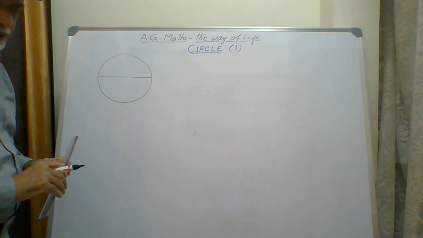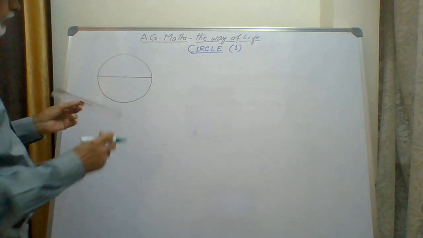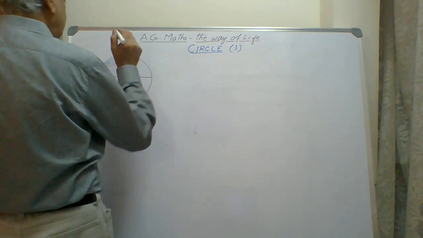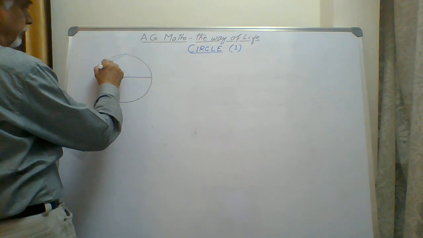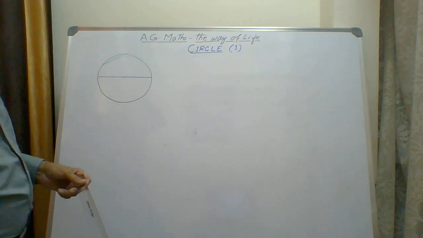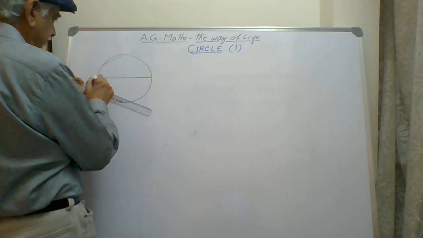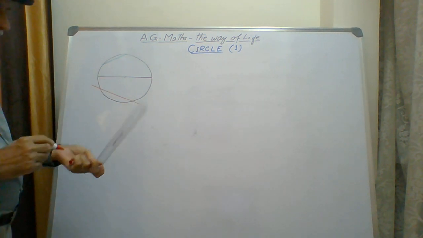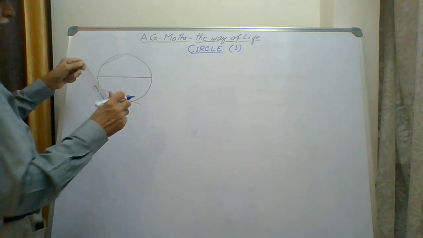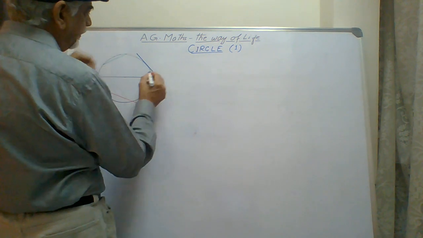I draw a line passing through the center. Then I draw a line which is not passing through the center but touching the circle at the path traced. Then if I draw another line which is intersecting the circle. This is another line which is intersecting the circle. If I draw another line, suppose here, which is intersecting at only one point